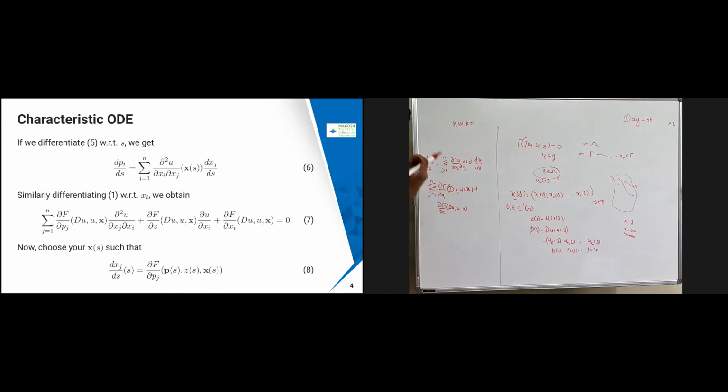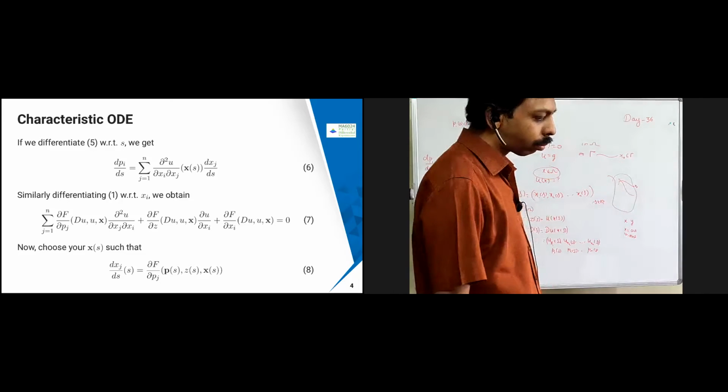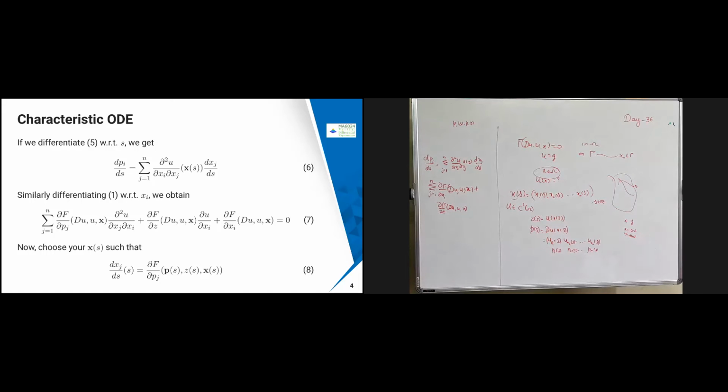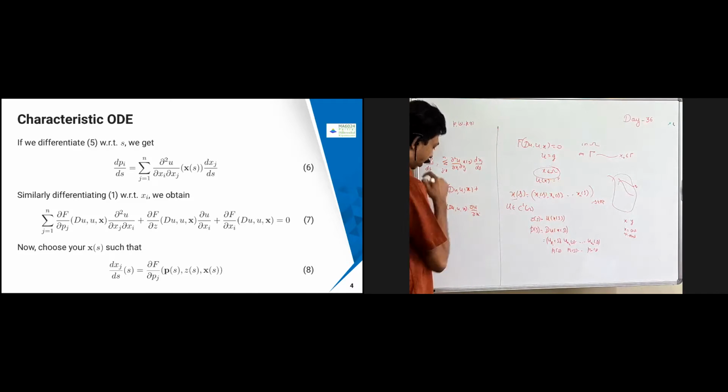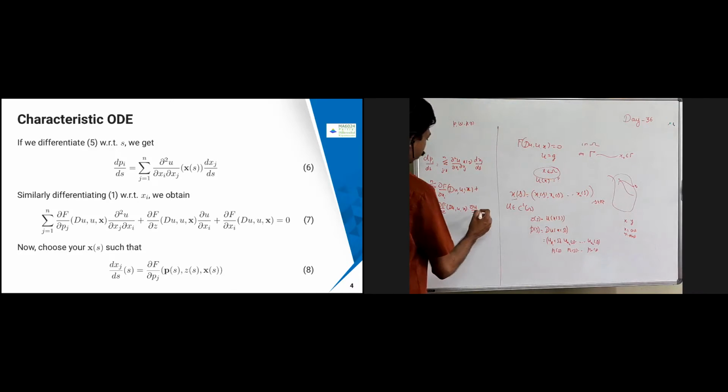Okay, the u is nothing but z. Okay, into I have to differentiate with respect to xi. Therefore into dou u by dou xi is going to come. Okay, with respect to z and then with respect to xi. Plus I have summation j equal to 1 to n. Okay, j equal to 1 to n. Dou square. Okay, no, not dou square. Dou f by. Okay, I have to differentiate with respect to xi.